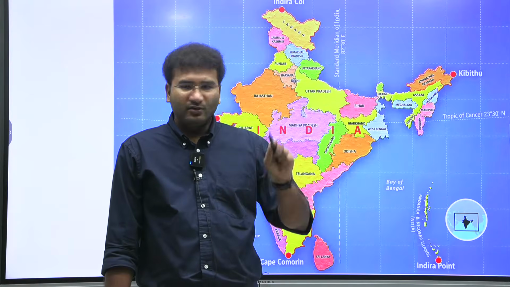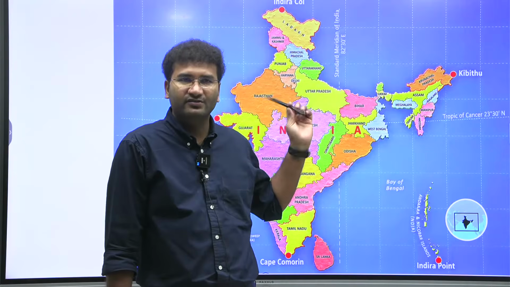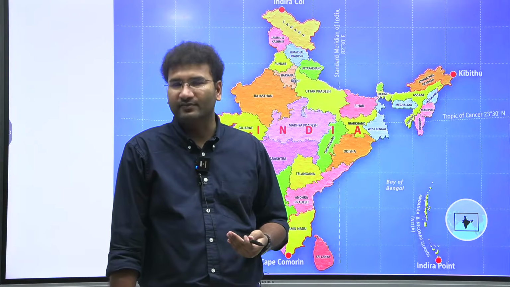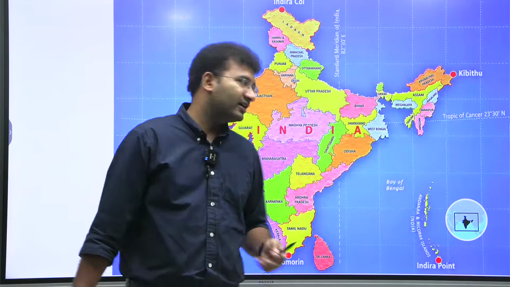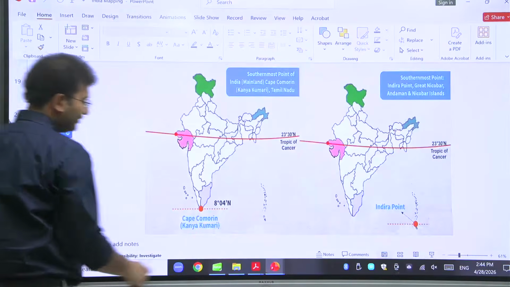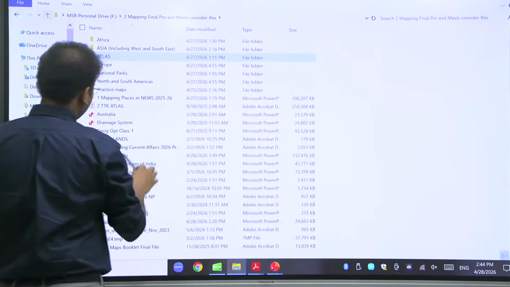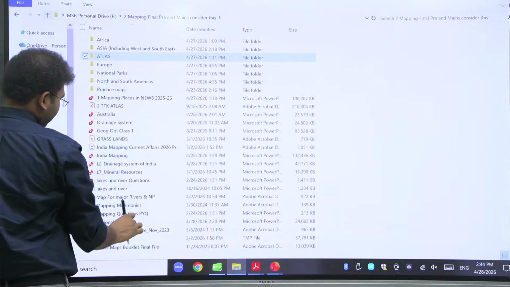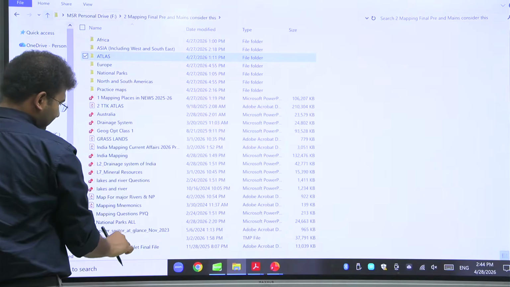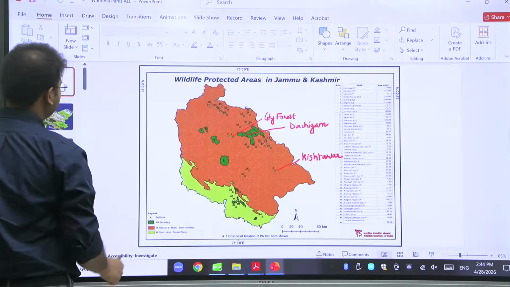You can also look into your handout whenever I show a map on the screen so that we can revise it in a quick manner, right? So we'll start with the physiography. For physiography, I'll spend some 15-20 minutes, and then we'll go towards our atlas. There we'll look into it in a little more detail. So let me open the handout that is given to you as well. And we'll also do some national park revision.